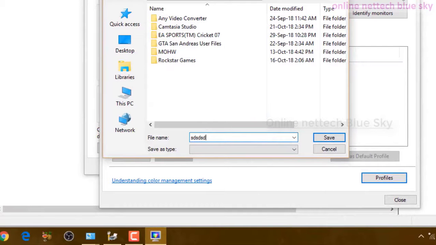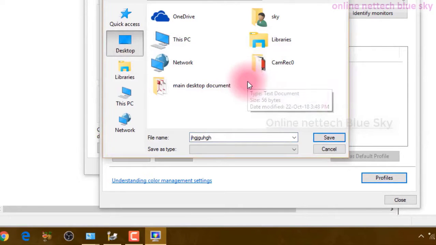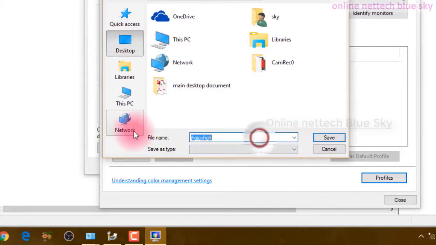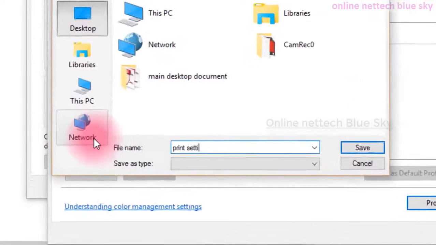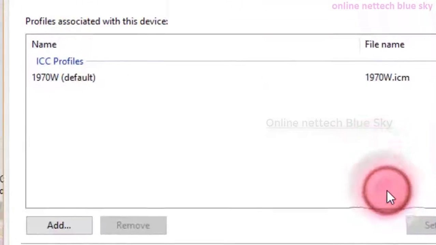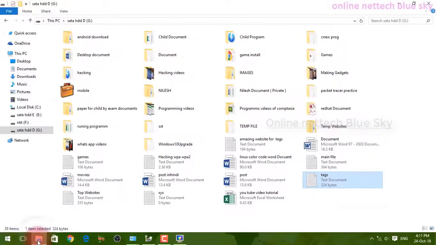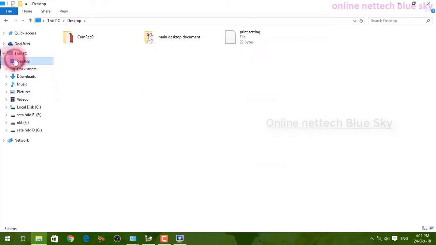So maybe in case my computer by default gets corrupted, and I install a new operating system, I load this profile file and my settings are changed automatically here. So this saves my print settings here, and automatically these files are saved, all the settings saved in my systems here.